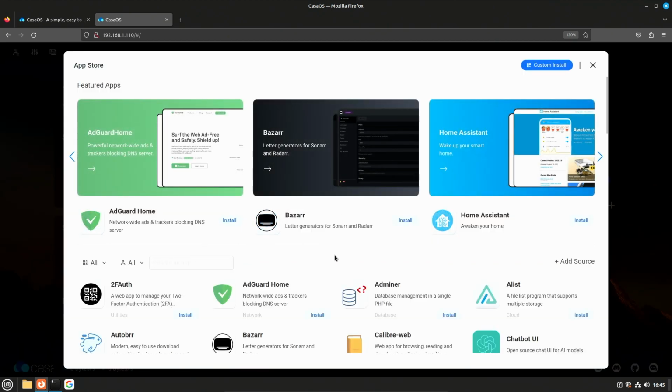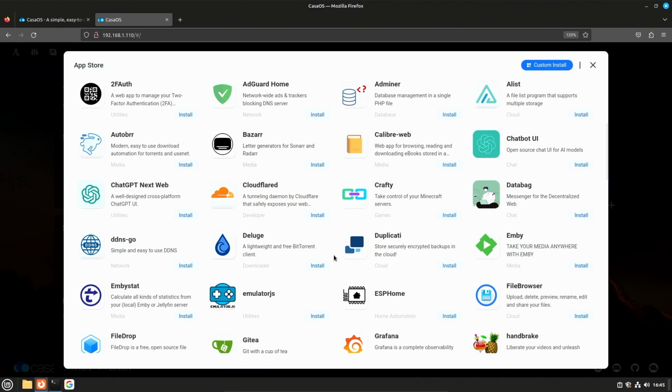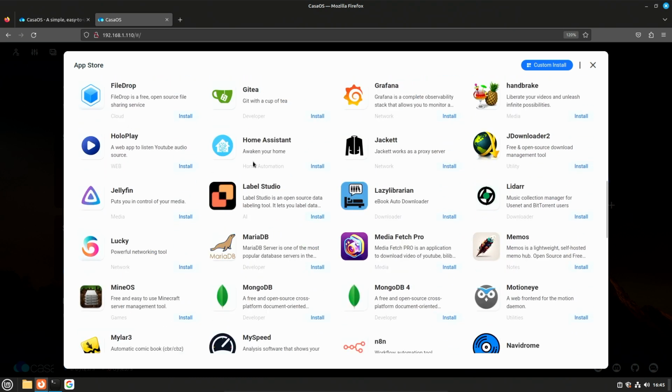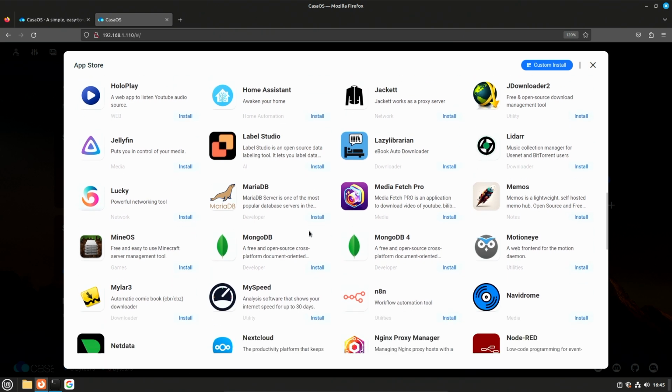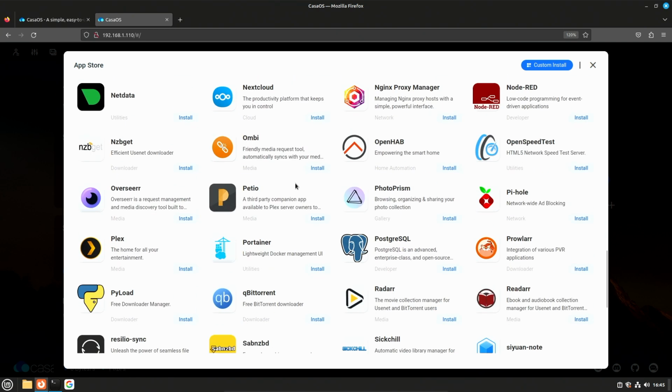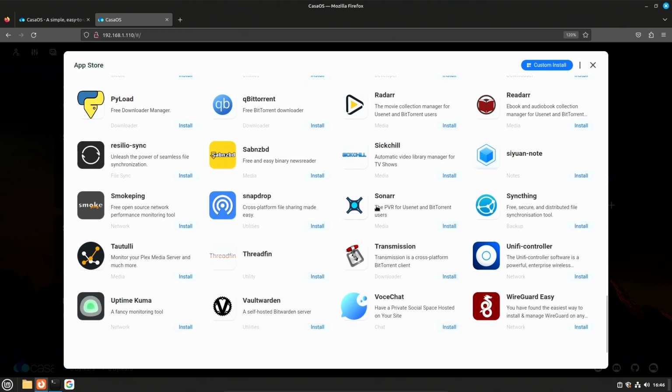So let's go ahead and install something here. We can just look around and see what we want to play with. We've got Home Assistant. We could try that. We've got a bunch of different options here. Let's see here. What should we install? That is the Nobel Prize winning question. Could install a speed test server here. That could be interesting. We can do something like Plex. Can do a Unifi controller.